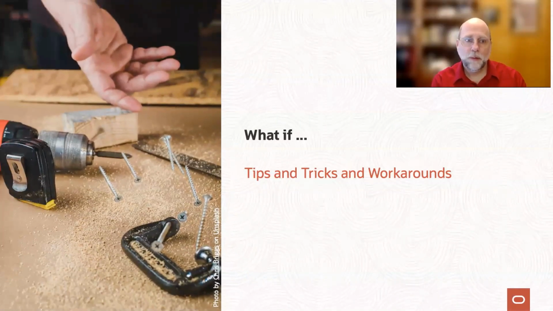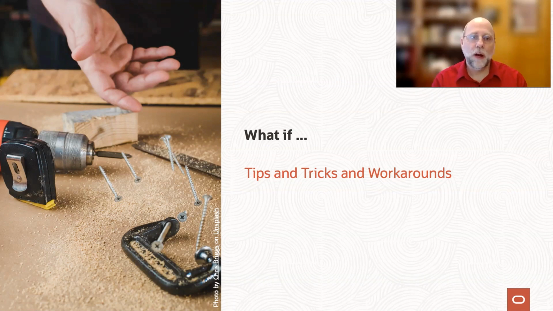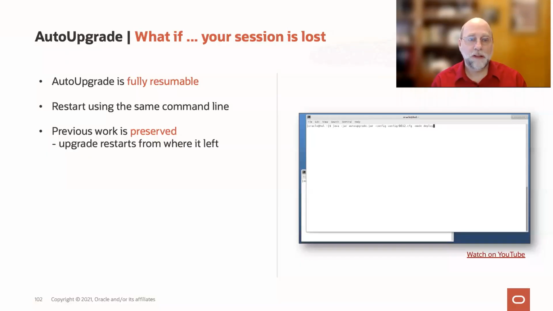So as you've seen, there are about as many use cases for AutoUpgrade as you have use cases, but there could still be corner cases or other issues that arise that mean that you need to kind of improvise or use AutoUpgrade in different ways to address issues. So let's talk about that. The first of these is going to be the simple one. What happens if your AutoUpgrade session dies for some reason? In other words, you're running in an xterm and your system crashes. You've lost your xterm, you've lost your connection. What happens to that